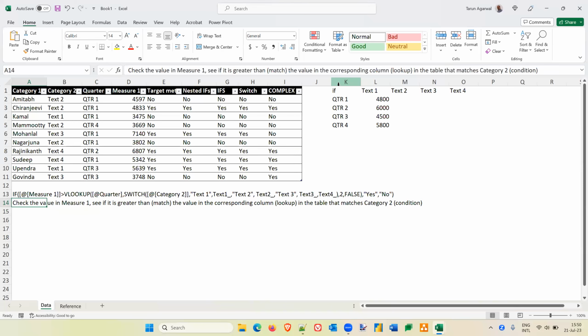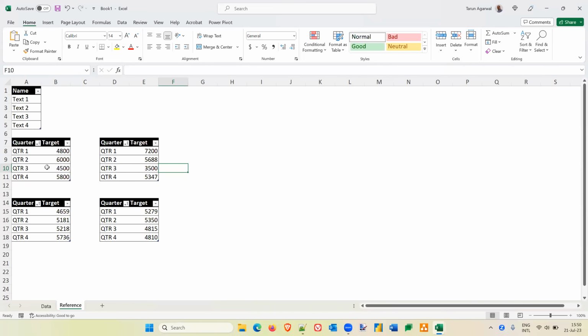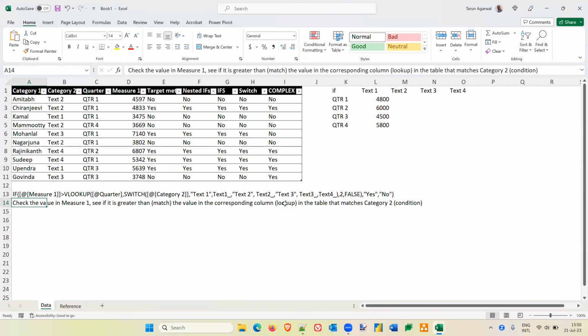So to repeat here, what I'm doing is I'm taking a value, I'm seeing how it matches with another value. What is that other value? It is from one of these four columns. Which table should I pick? I use a condition. So I do a lookup after identifying the condition. Let's go back to the formula. If we say measure one is greater than, how do we do a VLOOKUP here? We do a VLOOKUP. We take the entire